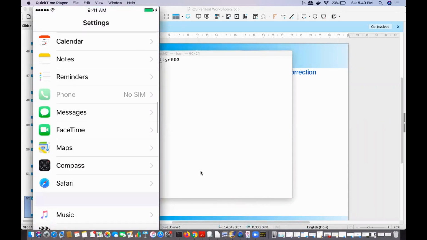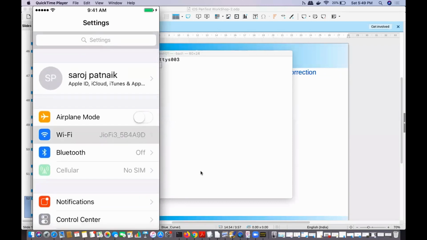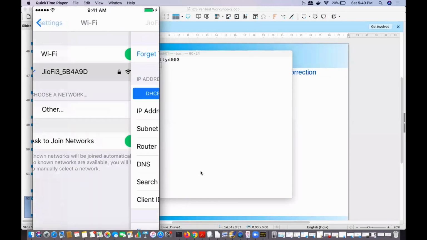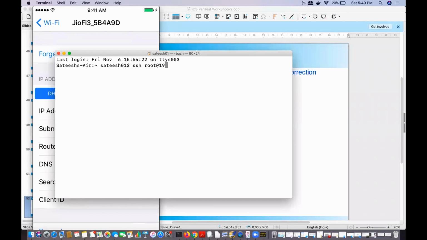You can navigate it here, Wi-Fi, and then click on it here. Yes, 192.168.225.71. If I enter it here,